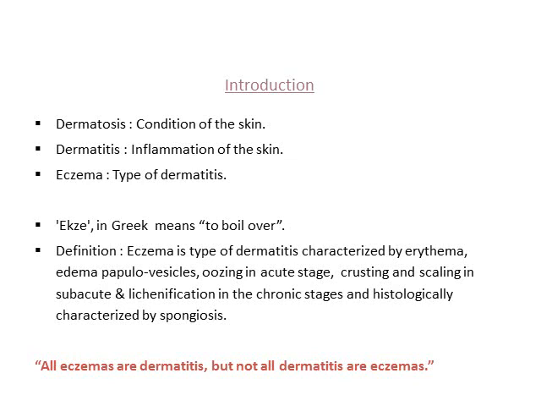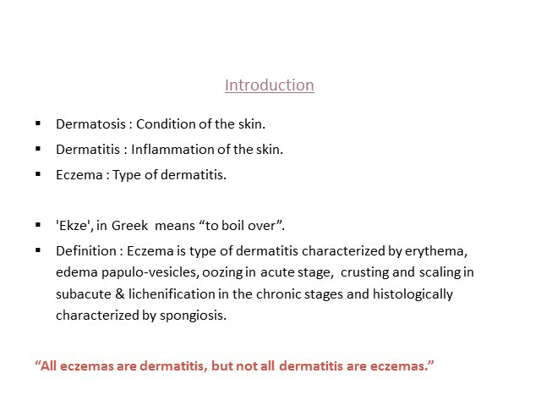So, what is dermatosis? What is dermatitis? What is eczema? Dermatosis is any condition of the skin. It's not related to any specific condition. Any condition of the skin can be called dermatosis. Dermatitis is inflammation of the skin. Whenever there is inflammation, we use dermatitis. Eczema means any inflammation of the skin which looks very red, something like a boiling skin. That time we use the word eczema.